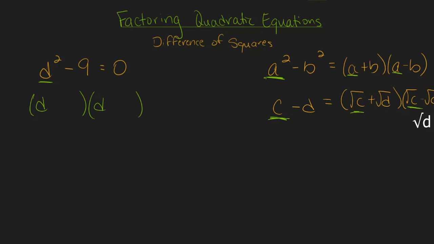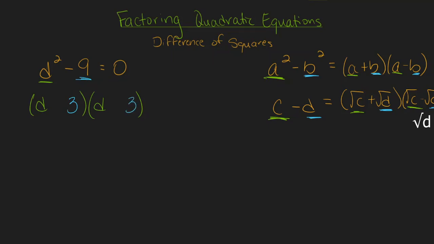Then the 9, and notice that in difference of squares we don't bring the minus sign along with us as a negative sign. We just take the 9 itself. So the 9 represents either b squared or d, however you like to think about it, and will make up the second term of our factors. That means I also have to take the square root of this value in order to find the second term of each of my factors. Well, the square root of 9 is 3,